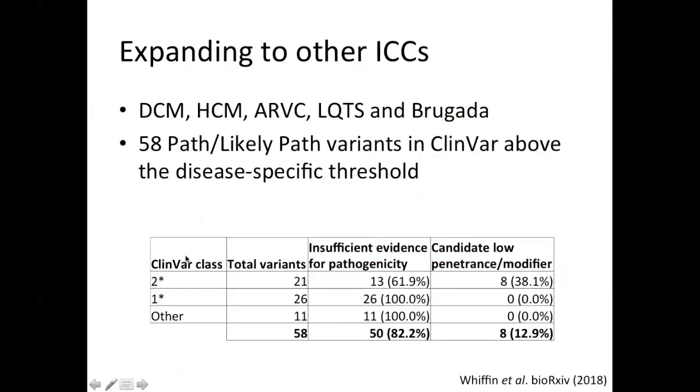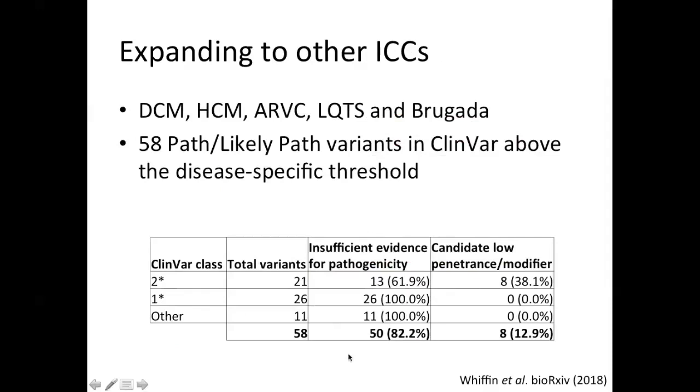And this table, you can see these broken down by the approximate ClinVar star status. So the 2-star ones being ones that have multiple submitters that have given their criteria, 1-star being this is only a single submitter, but they have provided criteria, and other being the ones where they're mainly literature only, OMIM, that kind of stuff. There's no real evidence behind them. And as you can see, all of the 1-star and the other variants here